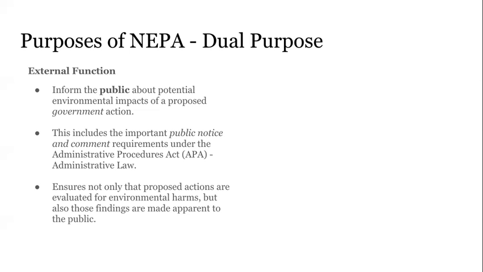So the people should be aware, particularly those people that might be affected or might be interested. It doesn't matter. It could be local, it could be national, whatever the activity might be, that they're involved in that process. And the minimum of involvement should be the ability to know what those findings are, what that information yields. So if I'm going to do an environmental analysis of potential impacts before an activity, before I make a decision, before I engage in that activity, I'm going to make those environmental impacts, if they exist, if they don't exist, I'm going to make all of that analysis and findings available to the public. That is the external function of NEPA. It's one of the main external functions of the dual purpose of NEPA.